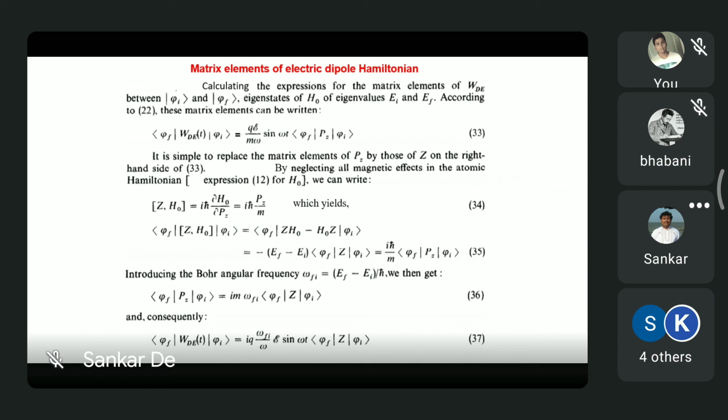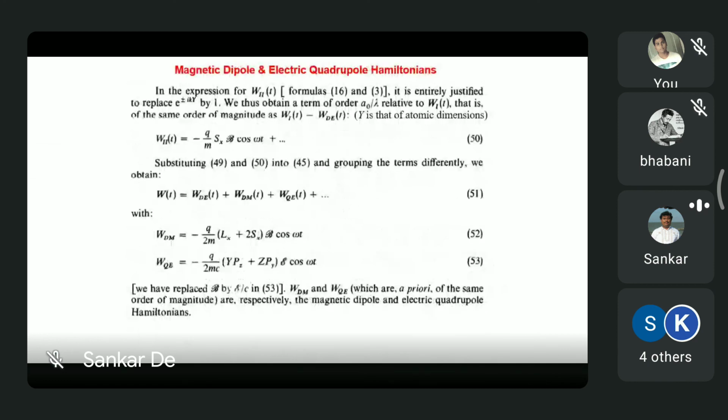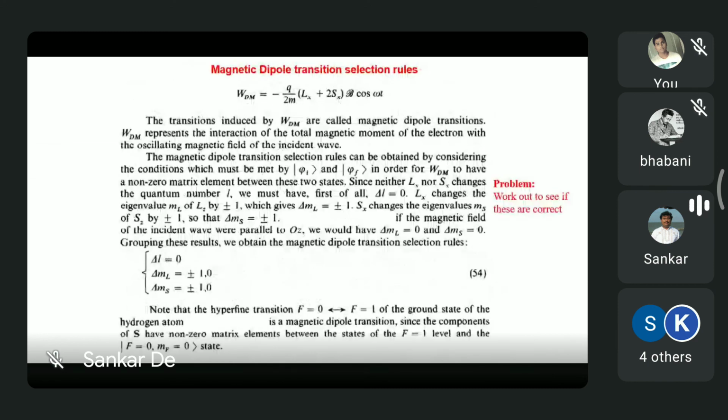Yes. So we use that kind of trick of commutation relation, and then we find out something as an expression of i m omega_fi and matrix element around Z. Now see, this is a matrix element around Z when we started off on a matrix element on momentum P. But here in this case, it is not only the P term, but along with the P term, there is either a Y or a Z term.